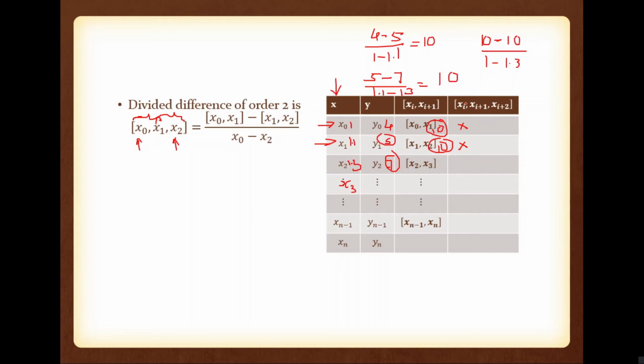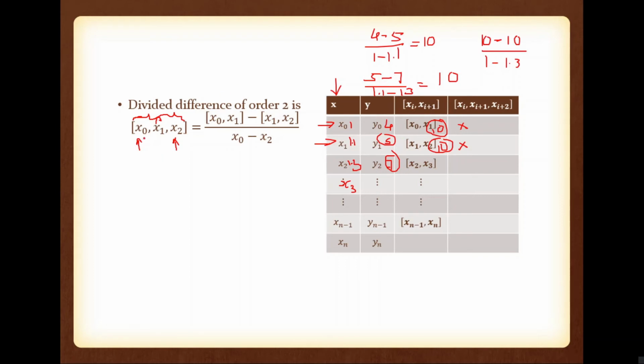From the numerator point of view, there is no problem, there is no need to worry. You can go through the previous column, and take the current element minus the next element. At that point, there is no need to take the second next element. Don't do that. Numerator point of view, current element minus the next element, always. But denominator point of view, current element minus the second next element, if it is a second order divided difference. Okay, so please remember that.